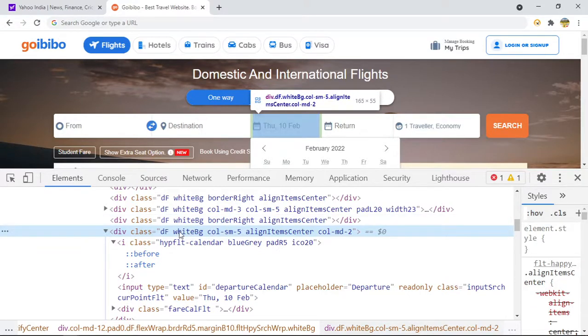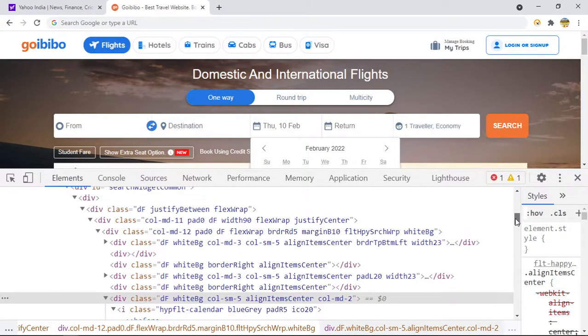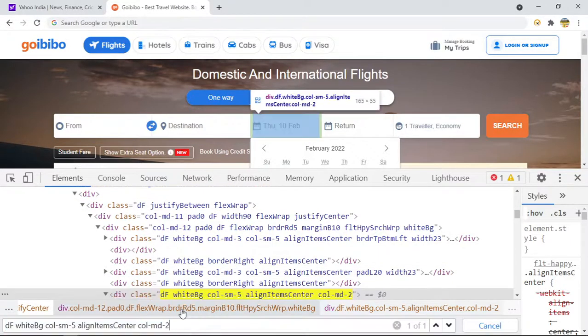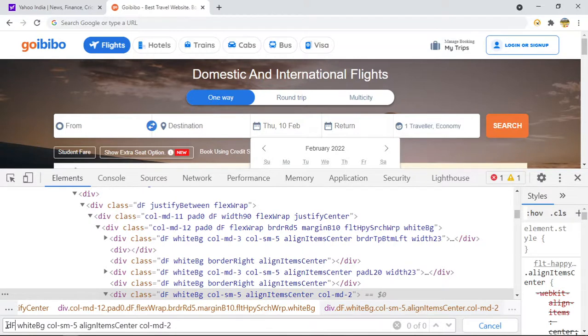Let me take this one. So can we write CSS for this? So CSS is dot class name. Put one dot, class name we know, but the class name has spaces, so replace the space with a dot.